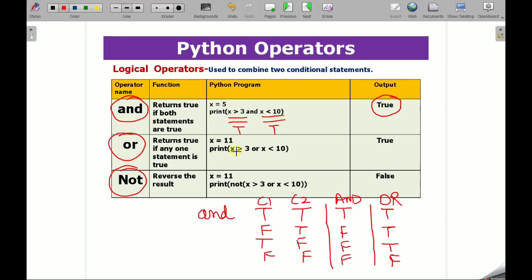But before that, I will tell you one thing. The NOT operation means if the condition is true, it will become false. If the condition is false, then it will become true. So these are the different operations performed by AND, OR and NOT. Now I am going to implement a very simple program and try to understand how we can implement these AND, OR and NOT operations.